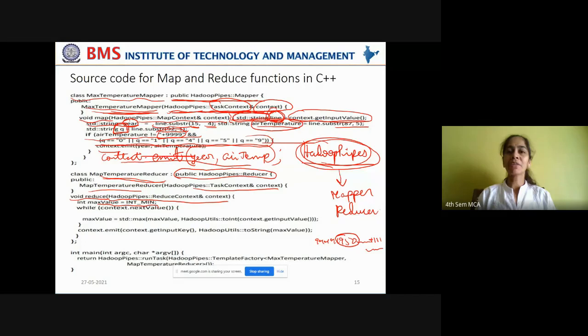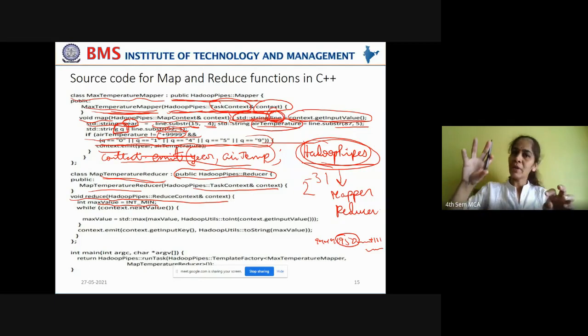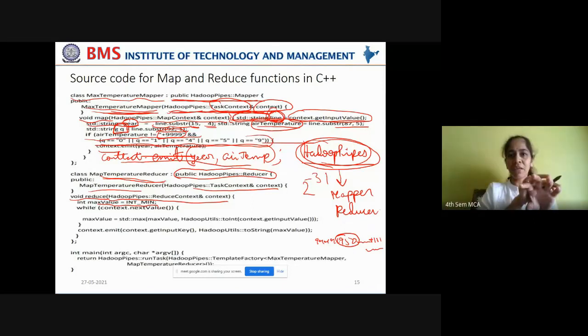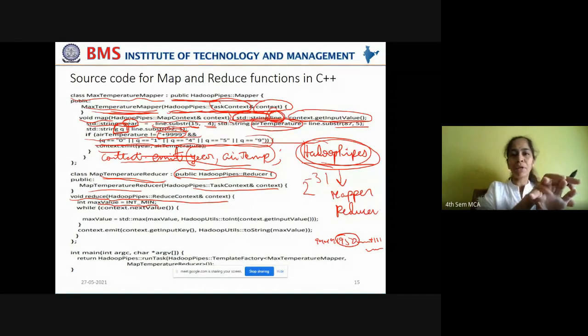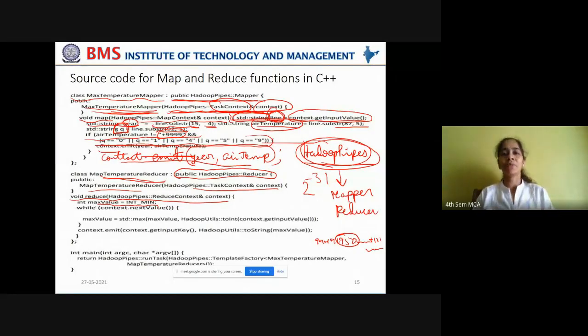In this function, you are initializing the max value integer variable with int minimum. As I already told you, this int minimum is given the least integer value that is possible, that is 2 power minus 31. Now this max value, the least value, is compared with the 8 temperatures, and whenever it finds a maximum value greater than this least value, that maximum value is taken as the current maximum value. Now this 8 temperature is compared with other 8 temperatures, and anywhere it finds the maximum 8 temperature, that 8 temperature will become the current maximum 8 temperature. This goes on until all the list of 8 temperatures are compared.